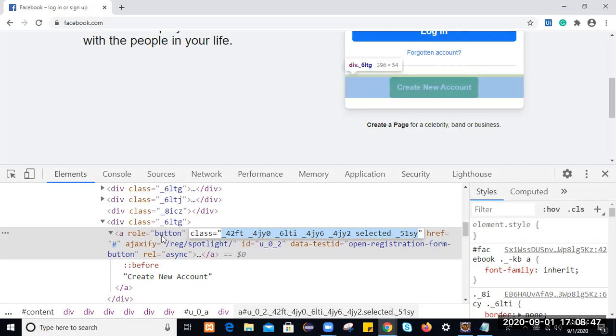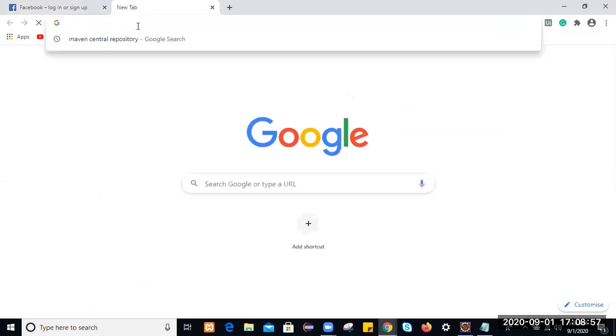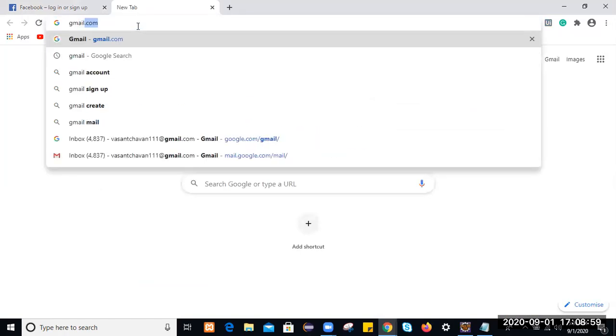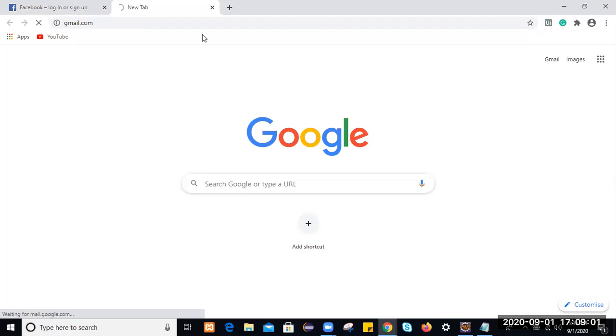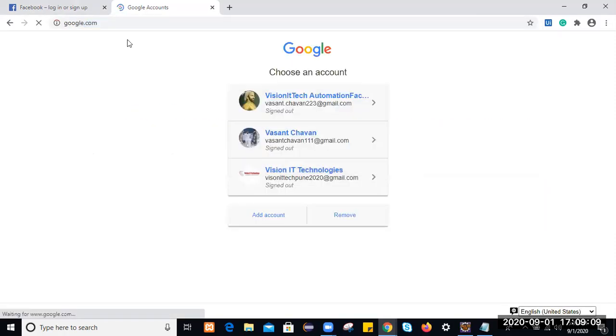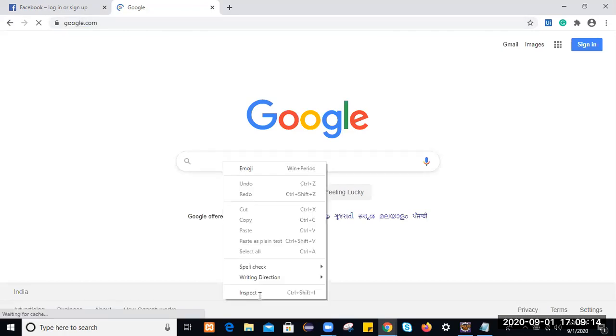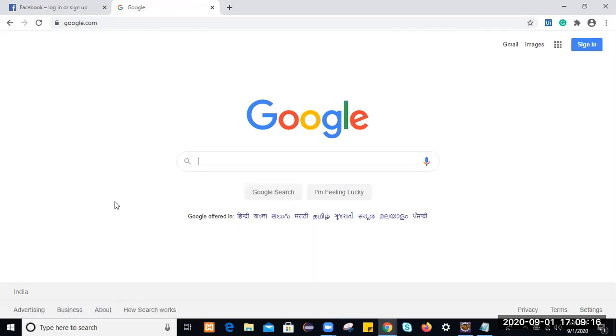So instead of using this class, do we have anything else? You see, ID is equals to this. Let it be. I will go to Google instead. Once we navigate to Google, we'll inspect this search box.